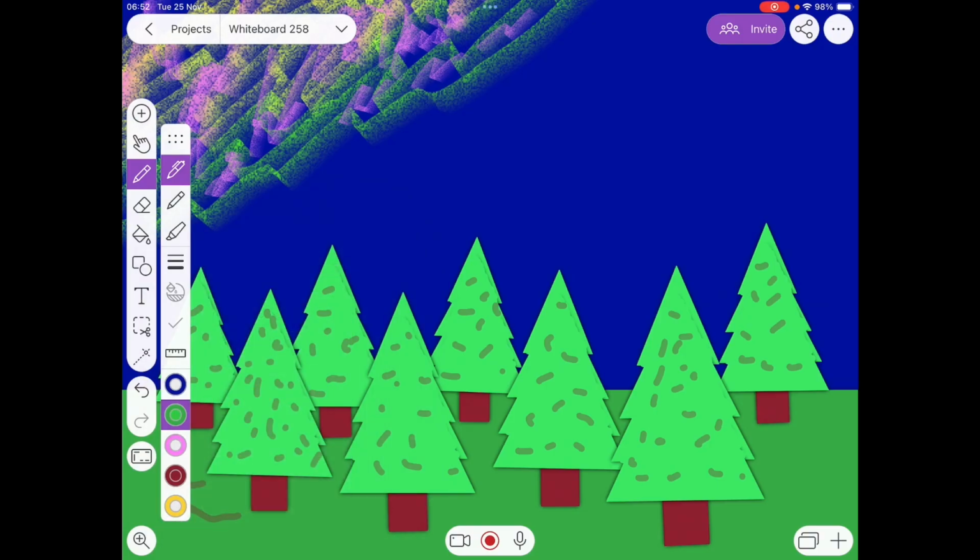So now what I'm going to do is go to the tree stumps and just blend the tree stumps into the ground around about it, so it doesn't look so much like a shape that's been drawn. So just